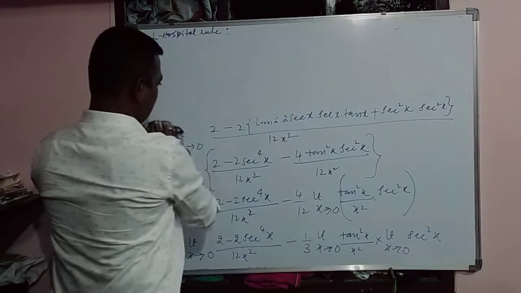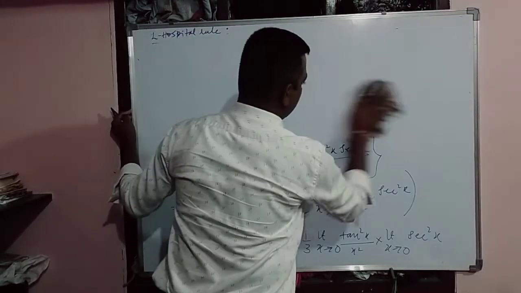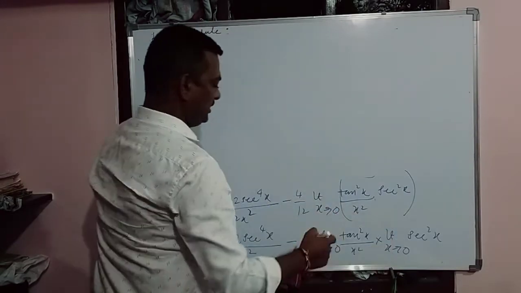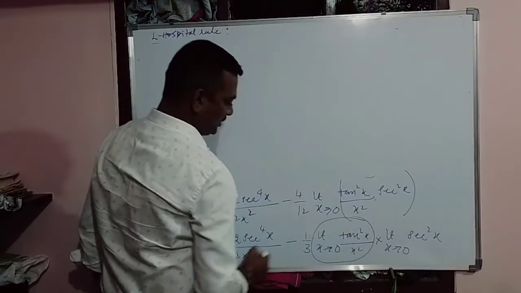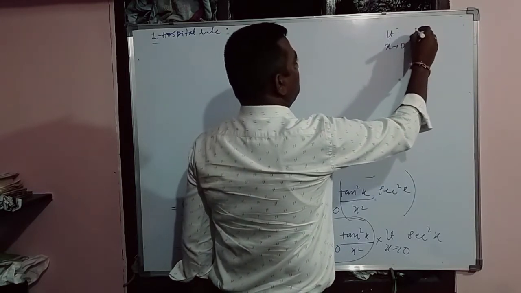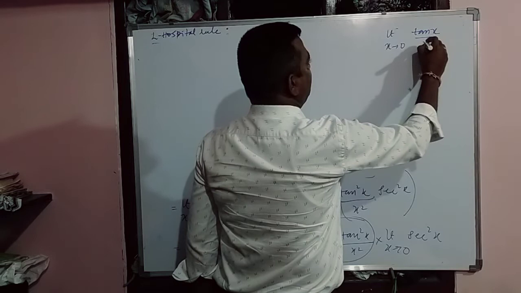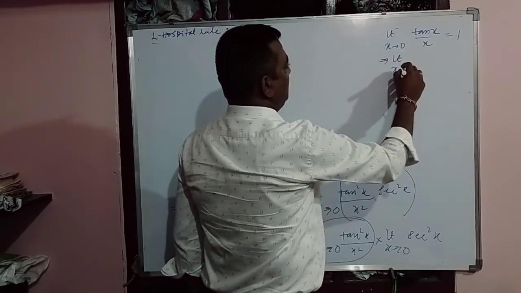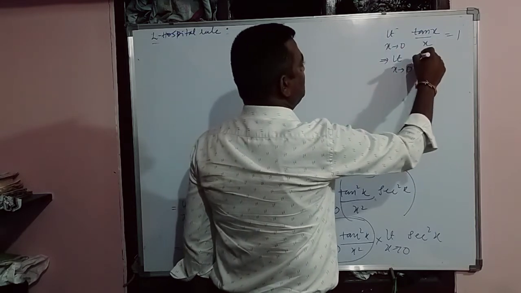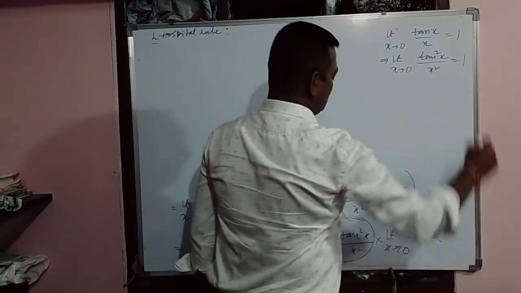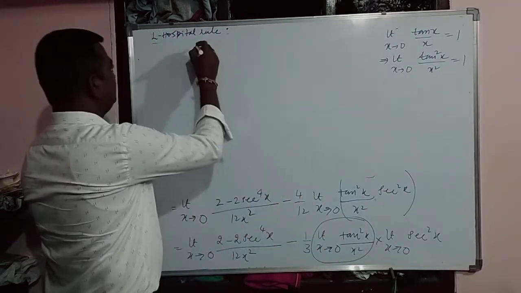Concentrate carefully, students, it's a very easy one. We are using the standard limits here. This is common, we have already used this one: you know that the limit as x tends to 0 of tan x by x is equal to 1. By squaring also, it is equal to 1. Therefore